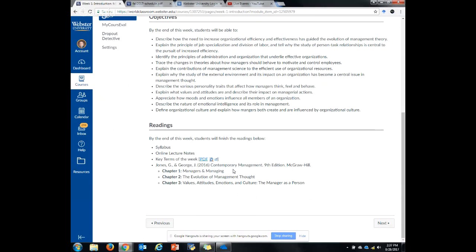It's only been in the last 100 years that we've treated this as something that you can train somebody for and then provide the skills for. I mean, the first MBA program wasn't until the early 1900s at Harvard Business School. So as far as an academic field, it's relatively new. So Managers and Managing are going to talk about the job itself, what a manager does, the various roles that a manager fills. For those of you that have management experience, I'm sure you understand that a manager has to wear very many hats within an organization, especially smaller organizations.